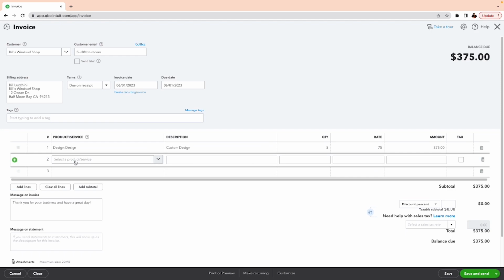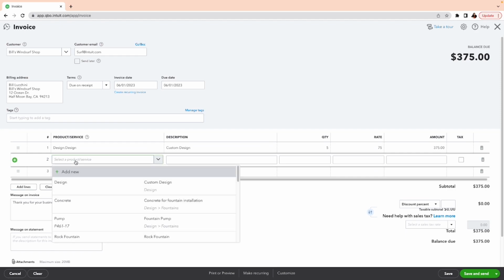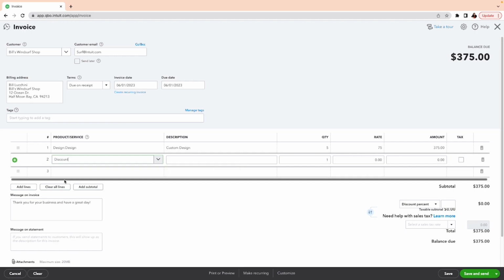And I'm giving him a discount. Remember I created that discount product and service? Okay, so it's right here. See that? Yay! And right from here, I'll be able to put the discount. Now, keep in mind, in order for me to record the discount here, this number is going to be a negative amount, okay? So I can put the rate as I'm giving him a discount of $10 per,